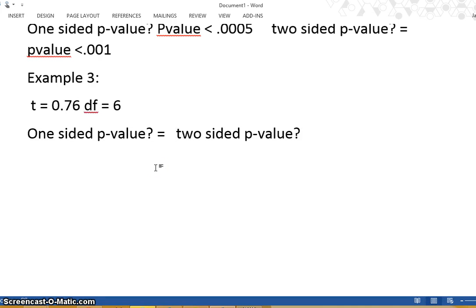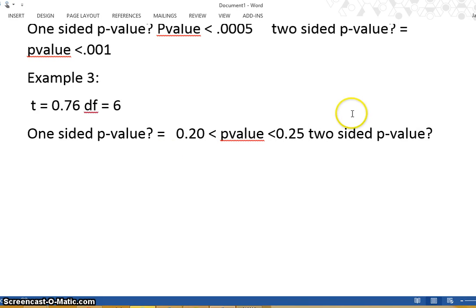So we come back here and we have 0.20 to 0.25 for our one-sided p-value, and for our two-sided p-value we have 0.40